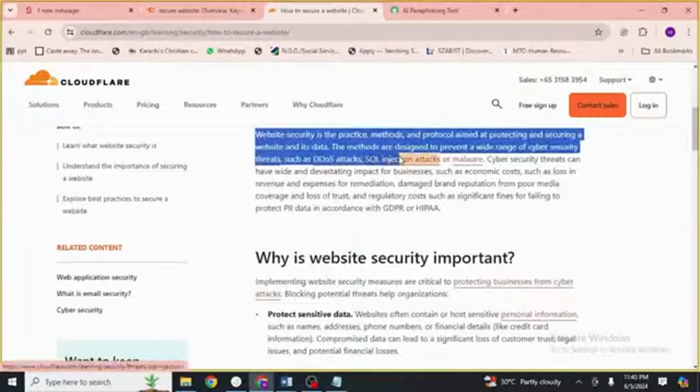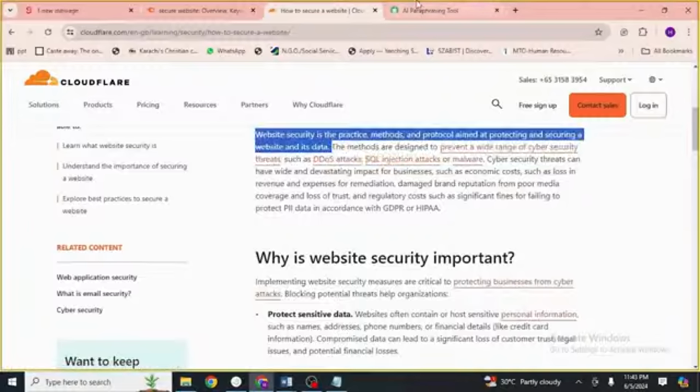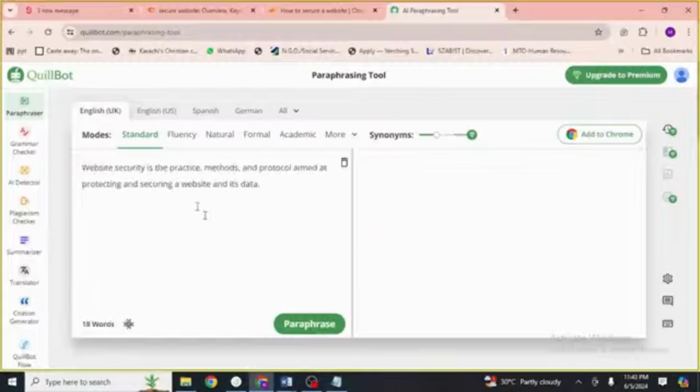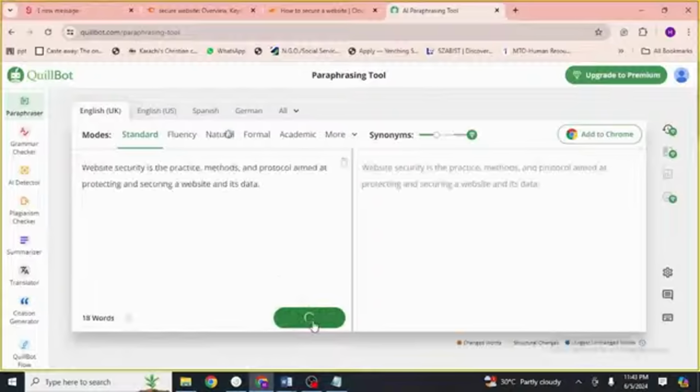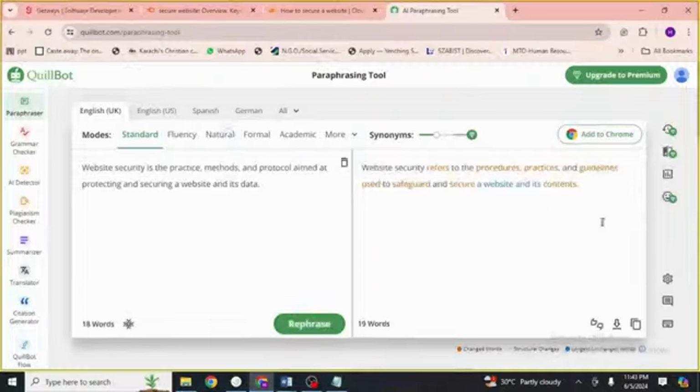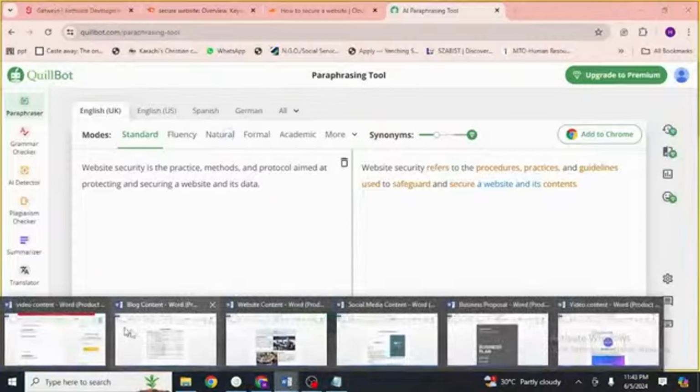I just take the content from here, paste it here and paraphrase. It just paraphrases the content and we can copy and paste it in the case of copywriting. Okay, we discussed blogging.